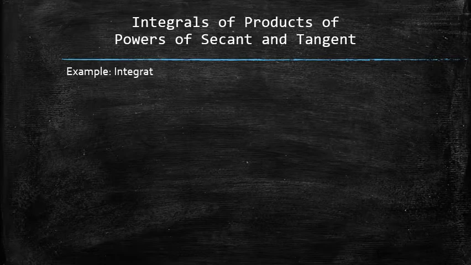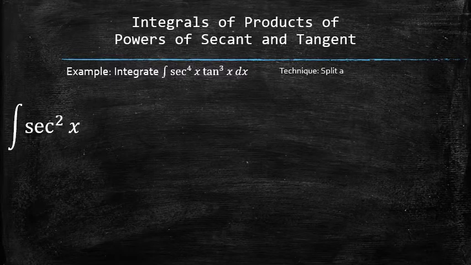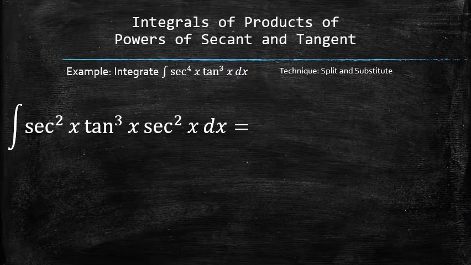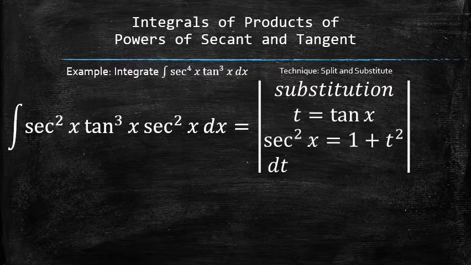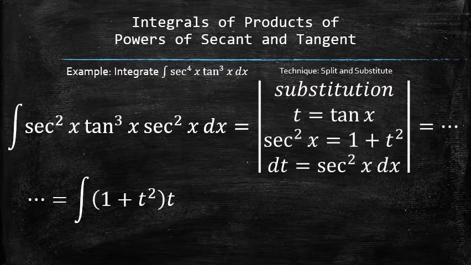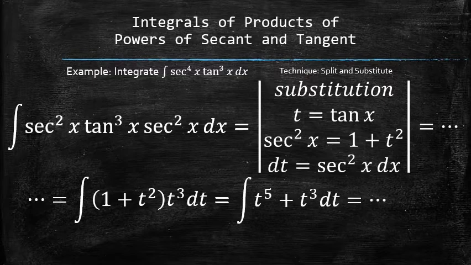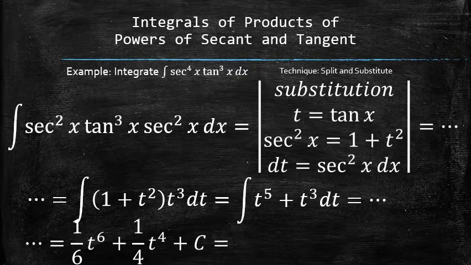Let's consider the following example. We rearrange the integrand by chipping away a secant squared function to create a recognizable pattern. Then we set up the substitution by setting a new variable, let's say t, equal to tangent x, and finding the differential of t. Next, we plug everything into the original integral, and because of the discovered pattern, we have nothing but the function of t left in the integrand. We finish the process by finding the antiderivative and plugging the original function tangent x back for t.